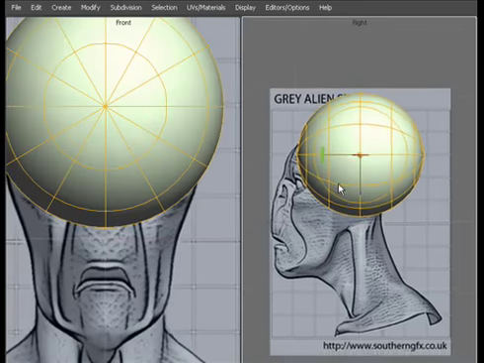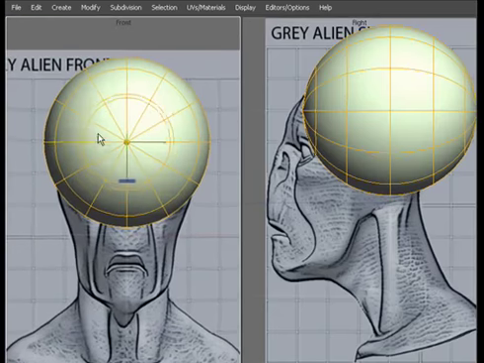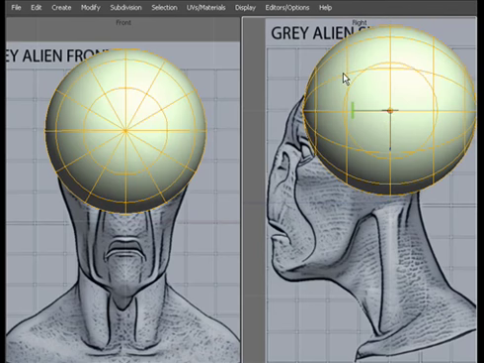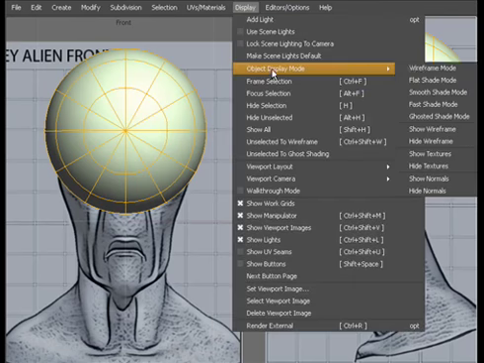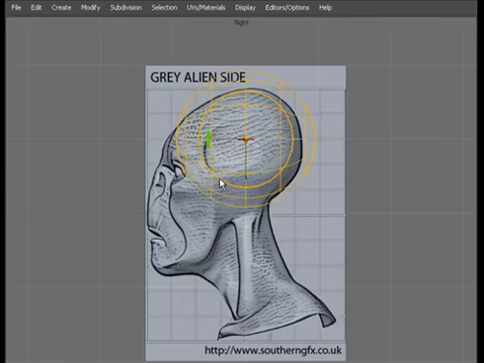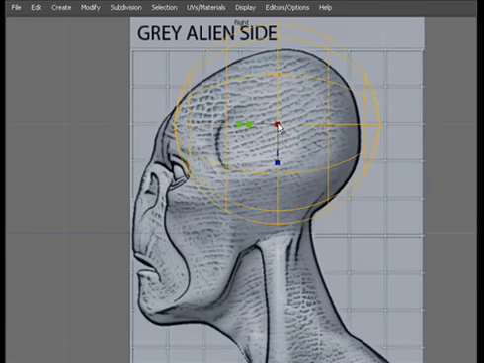Now the problem with point by point modelling with references is that you can't always see it. So if you're now modelling over the top of these images, quite understandably you're not going to be able to see through it. So if we click on the model and we go to display, object display mode, we can turn the eye to ghost shade mode, or we could turn it to wireframe mode. So wireframe mode would give us that. If I just hit spacebar while I'm hovering over that, and that will give us the single view again. And I can just scale the eye like so, move it with W,